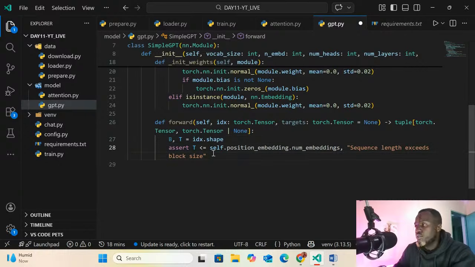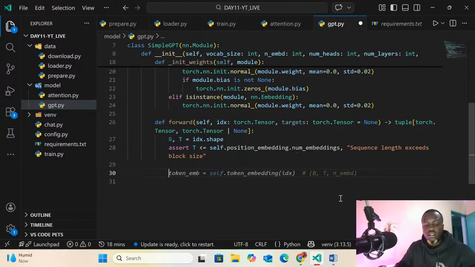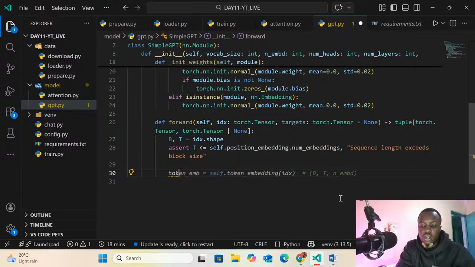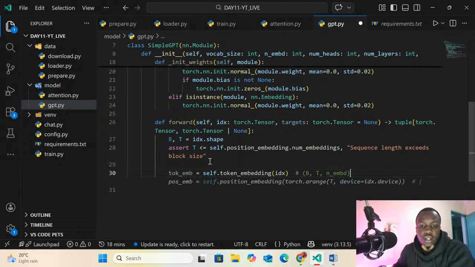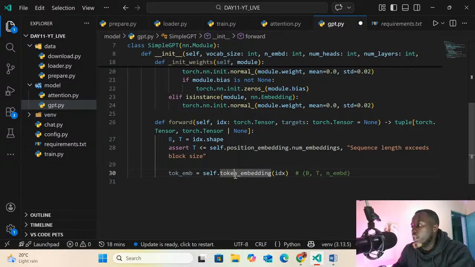Assert, this one should be fine. So we can pass the token embedding. That should be self.token_embedding, in which you are going to pass index right here.